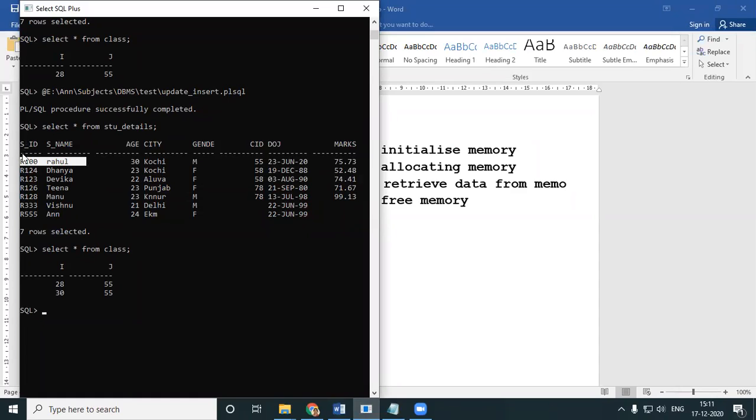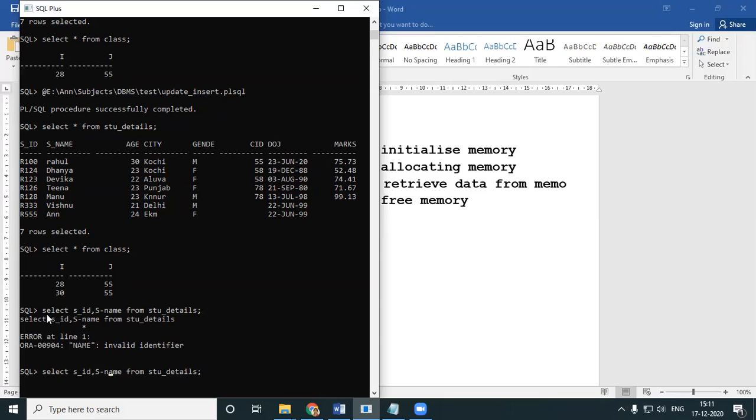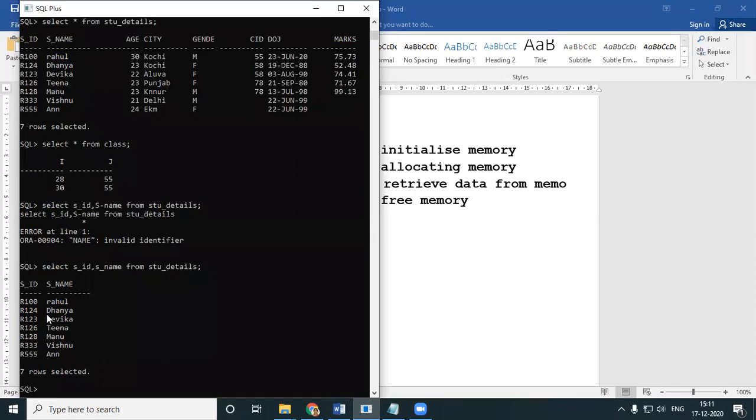Retrieve the SID and S name of all the students. Very simple. When you go for the query, it is nothing but select S underscore ID, comma S underscore name from STU details. This is the simple query.